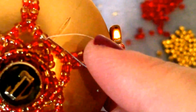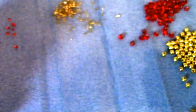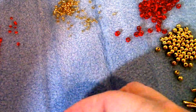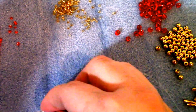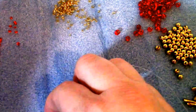Alright, I am exiting this red connector at the top of my bauble, and I'm going to add another line of beads going from the top motif to the bottom motif. To do that, I'm exiting a red, so I'm going to start with a gold 11-aught, pick up a red, a gold, a red,